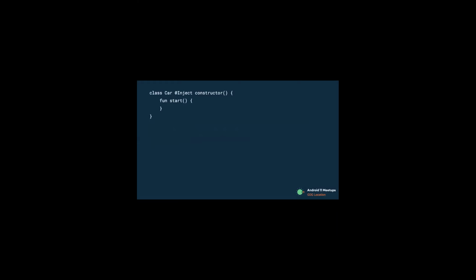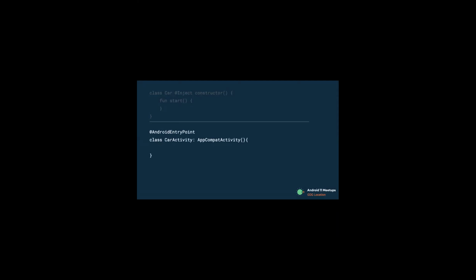We can see an example of the same car example using Hilt. We just need to annotate the constructor with the Inject annotation. That means Hilt will know that class can be used as a dependency for another class. And then to provide dependencies to other classes or Android classes like an activity, we just need to annotate our class or activity with AndroidEntryPoint.